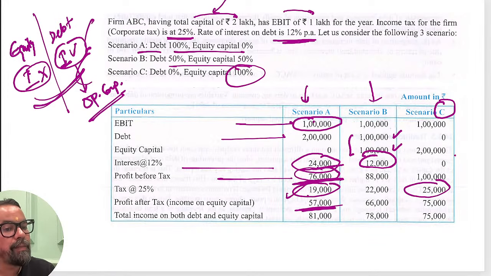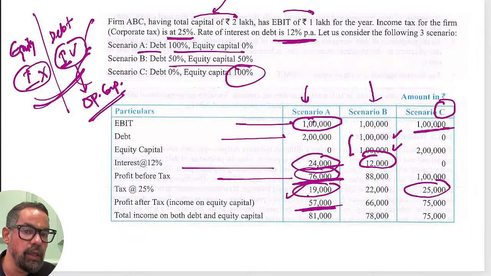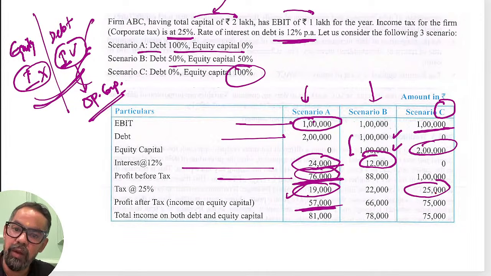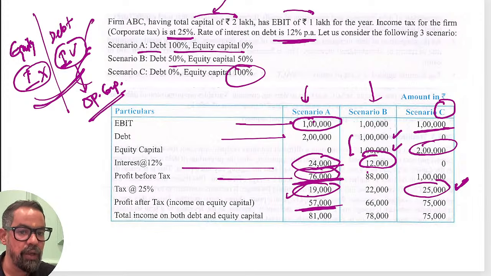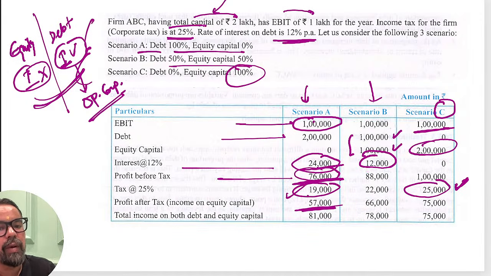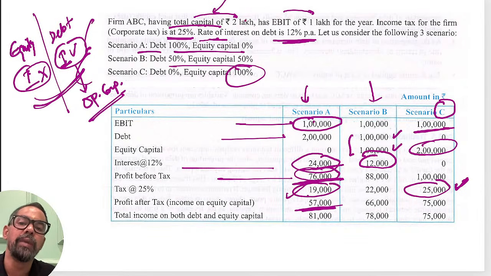Your tax obligation will be on the lower side in this case. In the other case, where you do not have any debt portion, the entire 2 lakh capital is raised through equity only, so you have to pay higher taxes. Simultaneously it will impact the overall result. 25 is the tax rate given in the question. Usually in India we have around 25% in general, but they will mention the tax rate in the question itself.